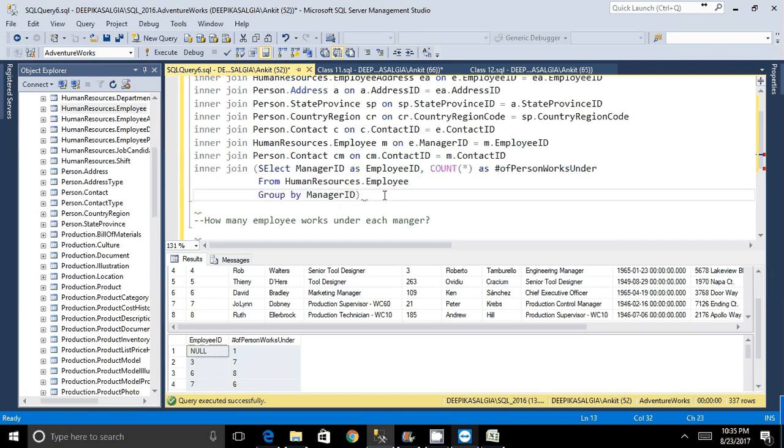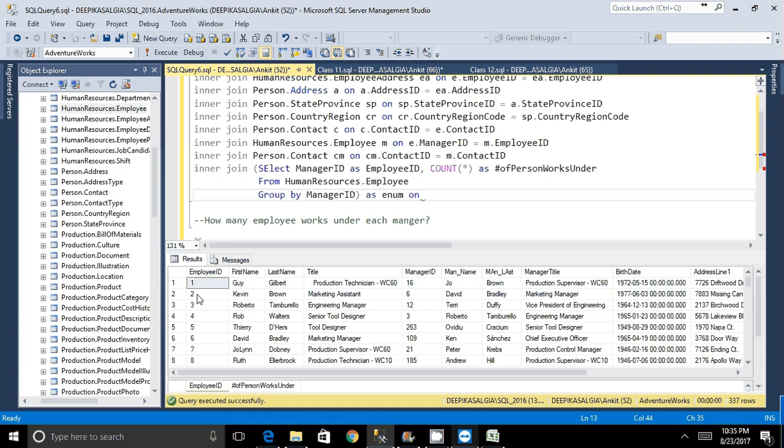What do you need to do next? You need to alias this. What are you going to alias this as? You can say enum. Okay, enum. What do you do next? Once you alias, you say on. What are you going to say for on? What are you joining on? You're joining on